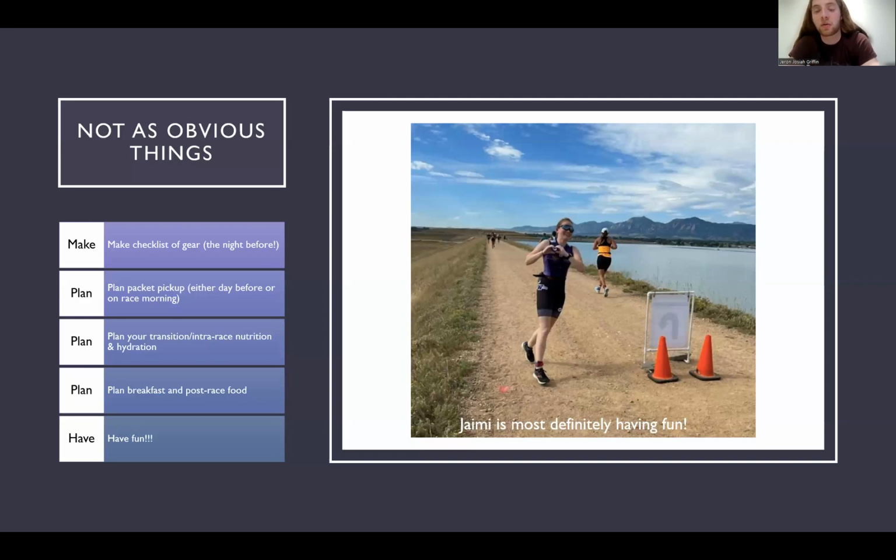Not everybody does that. My old cross country coach, who does a lot of triathlons, would usually show up like an hour before the race started, so it's kind of personal preference. I recommend getting there within the first half hour of transition opening, and definitely the first time you do it, get there early so you have time to figure everything out. Once you do it a lot more, you can narrow down how much time you specifically need. But for your first or second time, definitely get there earlier than you think you're going to need.